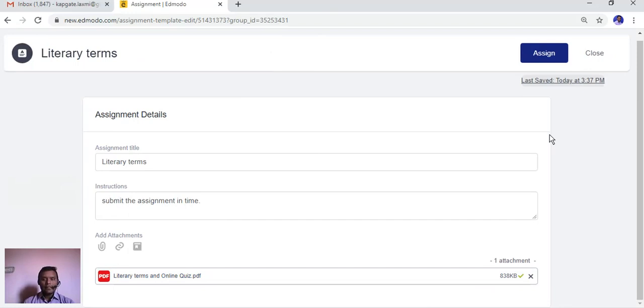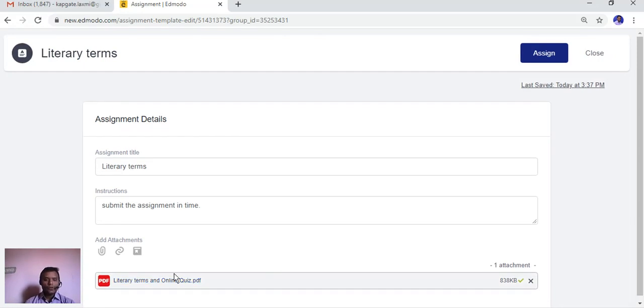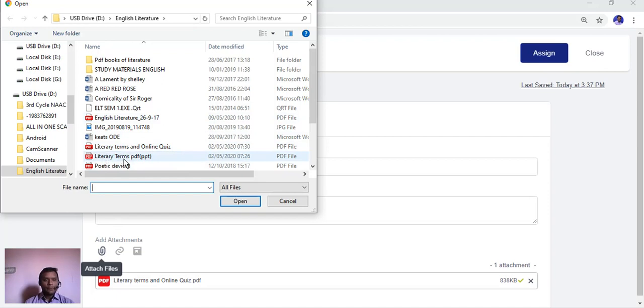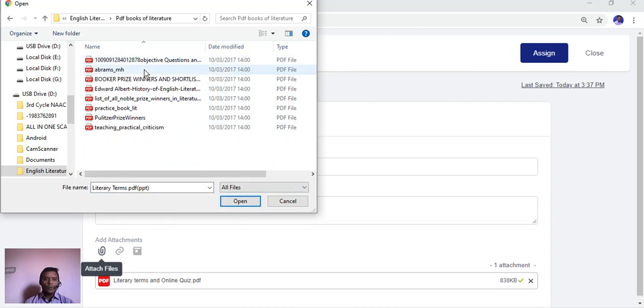I have created this assignment previously, so I have chosen that assignment from my PC and uploaded it in this class. Then you can add another assignment, for example literary terms PDF. So let me add, or you can go to PDF books.